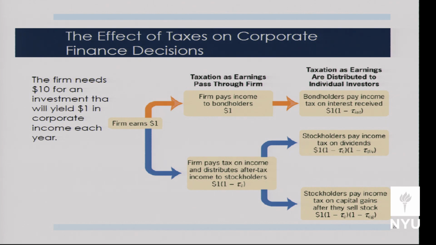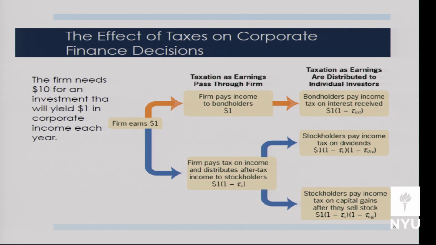So they take the $1 of income and send it to the bondholder in the form of interest payments, but then the bondholder has to pay taxes, right? They have to pay income taxes at the rate of the interest tax payment. Let's say the bondholders are individuals. How is interest taxed on the individual level? Anyone remember from Mitt Romney's return? Like regular income, just like wage income. They pay ordinary income rates on interest income. So there's no corporate income tax, but you're going to pay ordinary income rates, which could go anywhere from 10% all the way to 35%, depending on what tax bracket you're in. Okay, that's the debt deal.